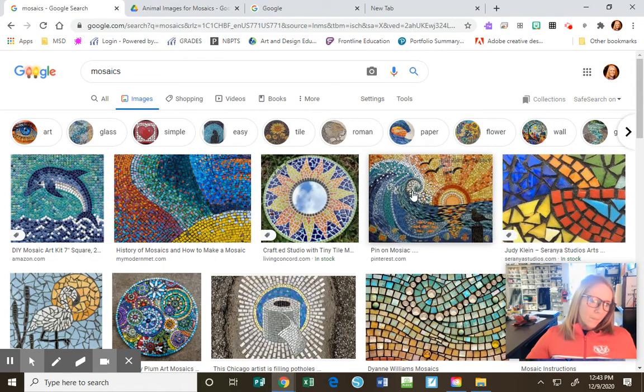So I have up on my screen a bunch of examples of mosaics. Mosaics are made up of tiny little pieces put together in an arrangement to see a picture. This top one's pretty cool, it's a dolphin. Those little pieces look like ceramic tile. Mosaics could be made out of glass pieces, beans, Skittles, M&Ms, just tiny little pieces that you can put together